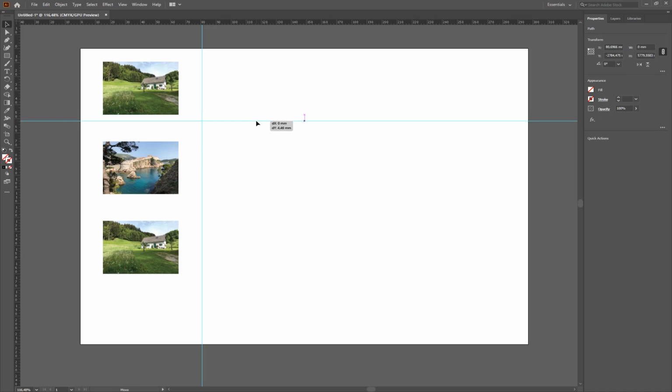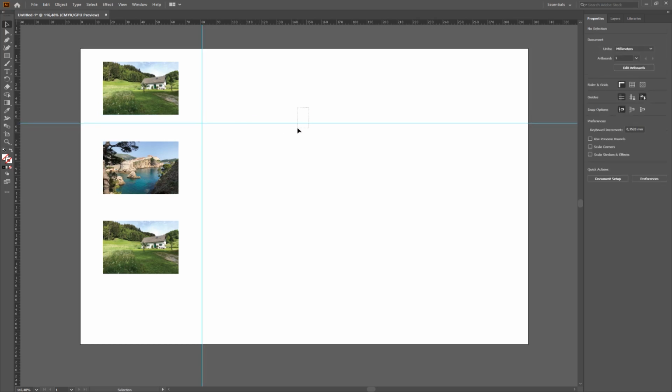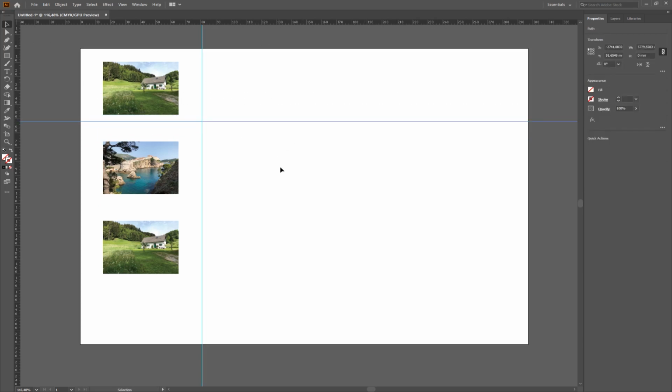Here, or let's just have it free floating. Those guidelines can also be selected and hit delete. It's just like a line that you delete, and you can drag out a new one. If you want those guidelines to be fixed, so you're not accidentally deleting them or accidentally moving them, you can